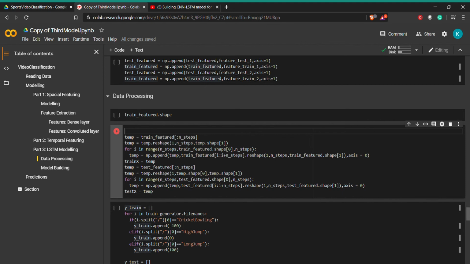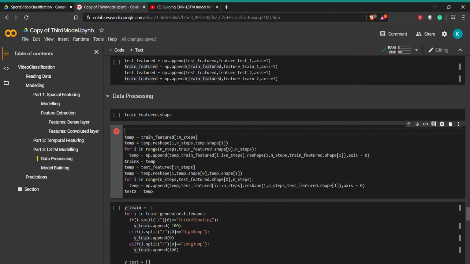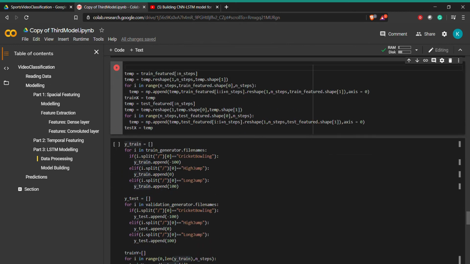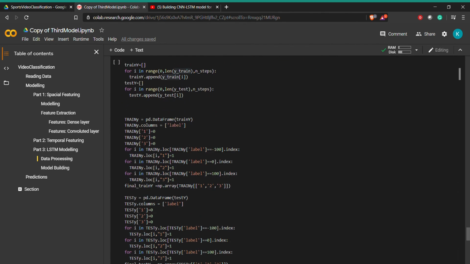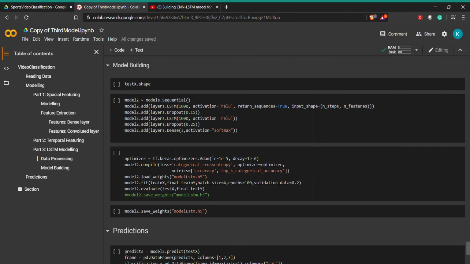Now we have axis 0 as the video, axis 1 as the time steps, that is 30 time steps, and axis 2 as the number of features. So we have 3-dimensional data, where axis 0 represents videos. Now we have the labels for each of these videos, and then finally we have built the model.